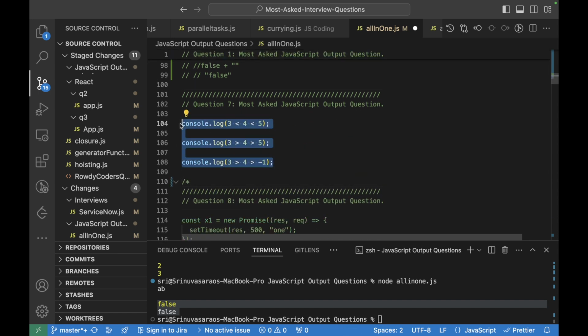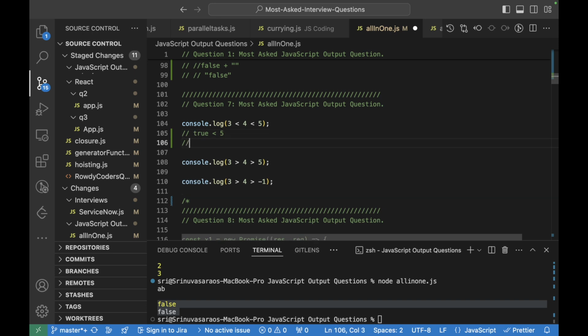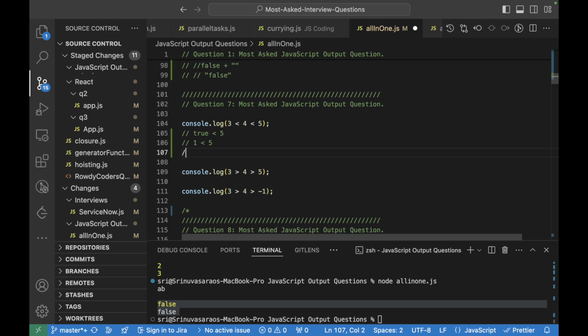Similar to the first question, this also works in a similar way. Here 3 will be compared with 4 and this is true, right? So true will be compared with 5. After type coercion, this will be 1 less than 5 and it is true, so it is true here.